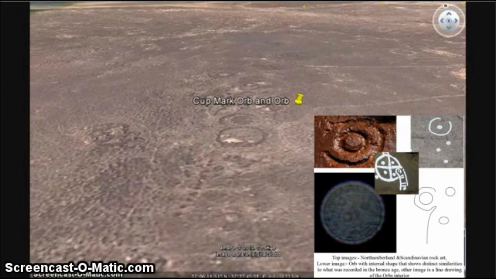Northumberland, Scandinavian rock art. There are two methods of recording this rock art. The one is they spray water on it and photograph it, or shed light onto it, and the other way is the Scandinavian way, which is a better way, and it's more costly to do it this way. They hand paint these with biodegradable paint, probably a vegetable paint, photograph them and wash them off, so you get a better rendition and a